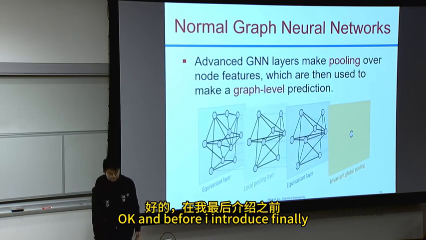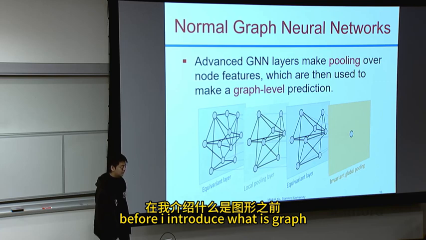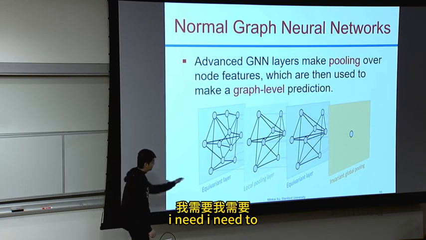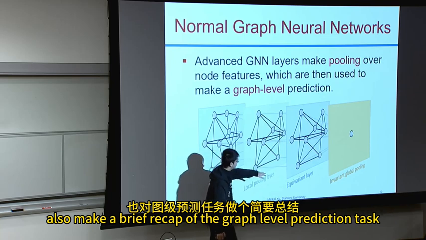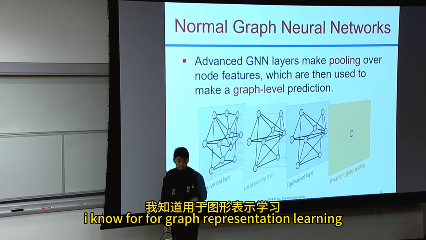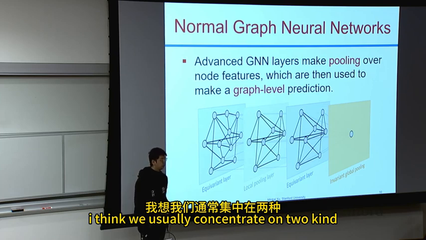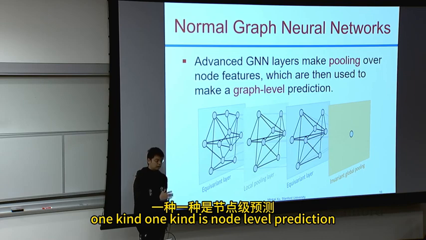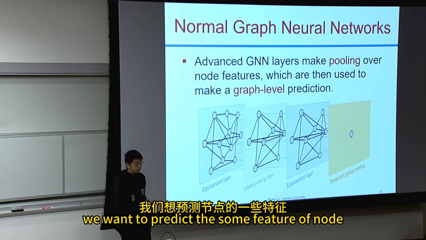Okay, and before I introduce what is graph, what is geometric graph, I need to also make a brief recap of the graph level prediction task. I know for graph representation learning, we usually concentrate on three kinds of tasks. One kind is node level prediction. We want to predict some feature of a node. And